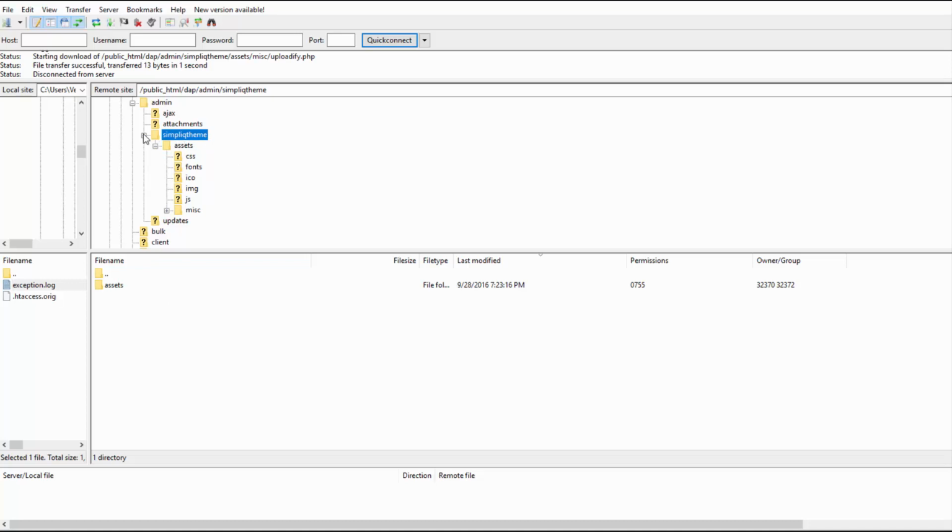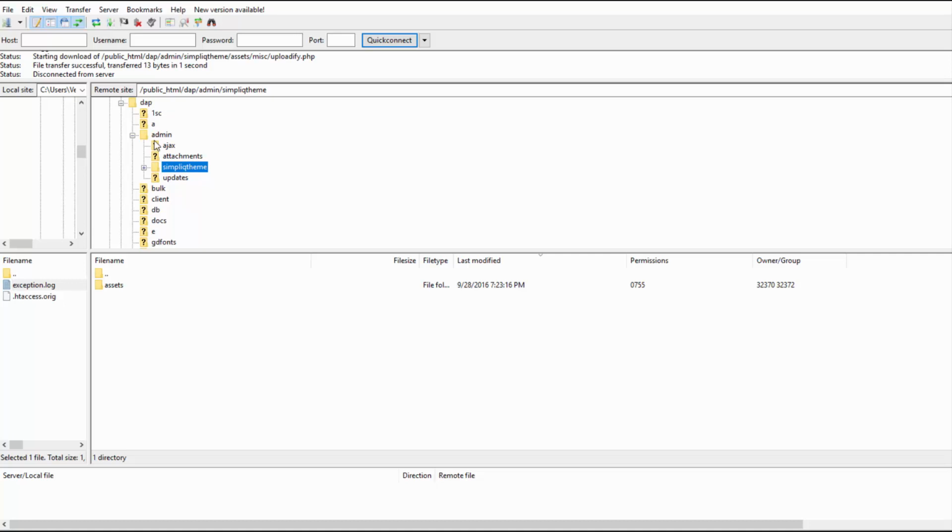The only thing is when you upgrade DAP to the latest release, it's not going to remove this folder because this folder is no longer going to be part of the DAP latest update, which is DAP version 6.4 or above. This folder will no longer be there. However, if it's already there on your website, if it's already under the admin folder, it will not get removed automatically. So what you'll have to do once is that after you upgrade DAP to version 6.4,